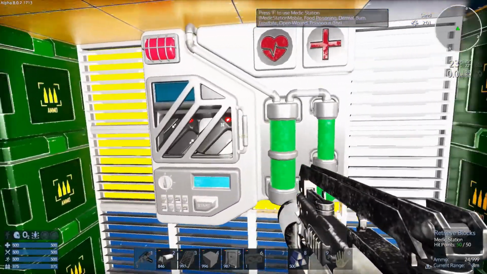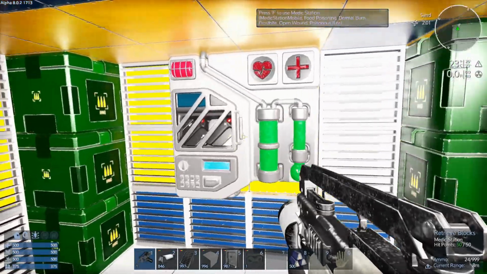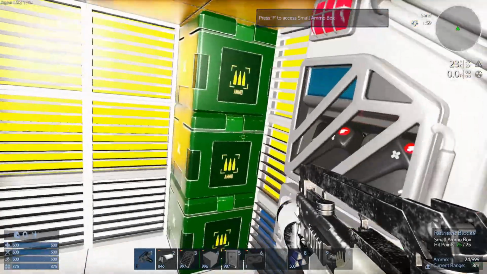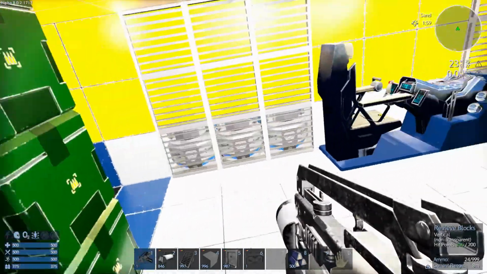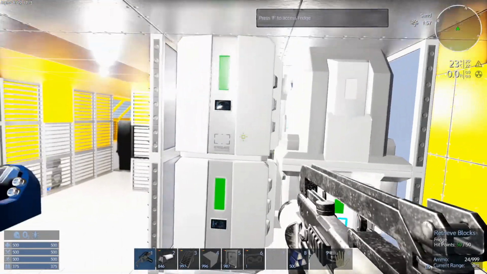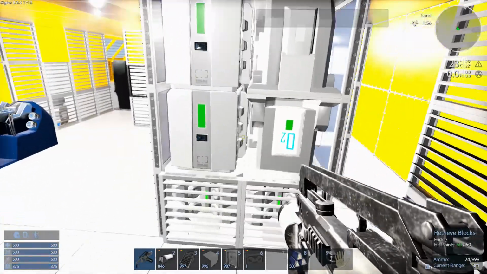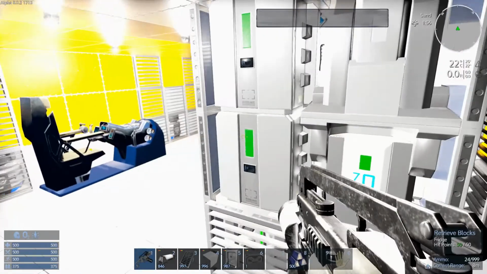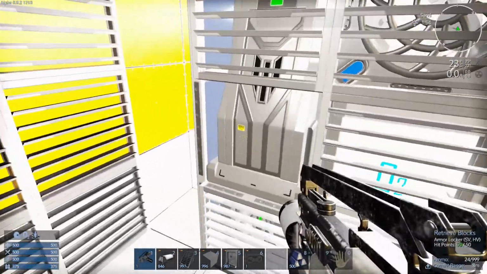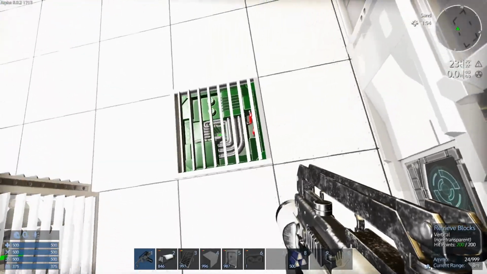It does have a med station, so you can spawn on this vessel. It has the ammo crates in the back, 3 on each side, so chances are if one gets destroyed, the others will be fine. It also has 2 fridges and an O2 station. On the other side here, it has an armor station, and the core is in the ground with an